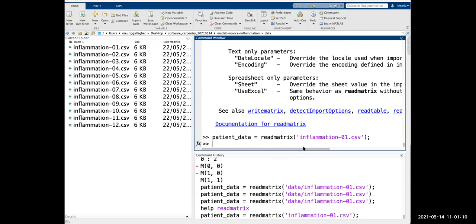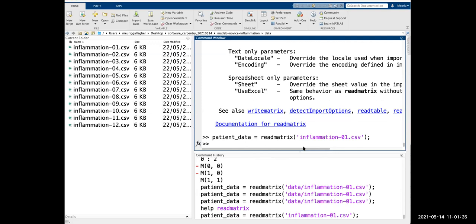It's saying read matrix is not defined. Are you using parentheses? I'm using exactly the same way you're using. What if you type help space read matrix? What does it say?